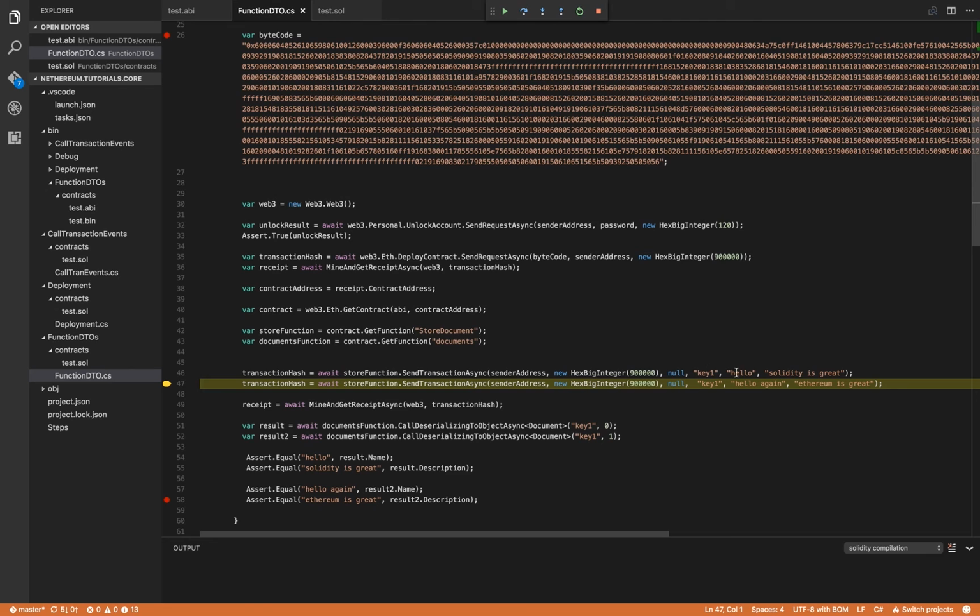Store using the key one, "hello, solidity is great", and we'll store another document as part of key one, which is "hello again, and Ethereum is great". We get the receipt of the last transaction. We just want to know that it has been mined and stored, and now we can call using our documents function, using the call deserializing to object async method, and passing our function DTO,